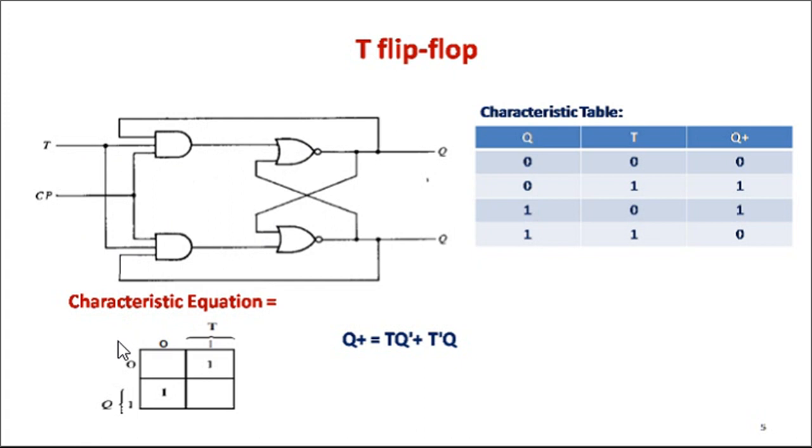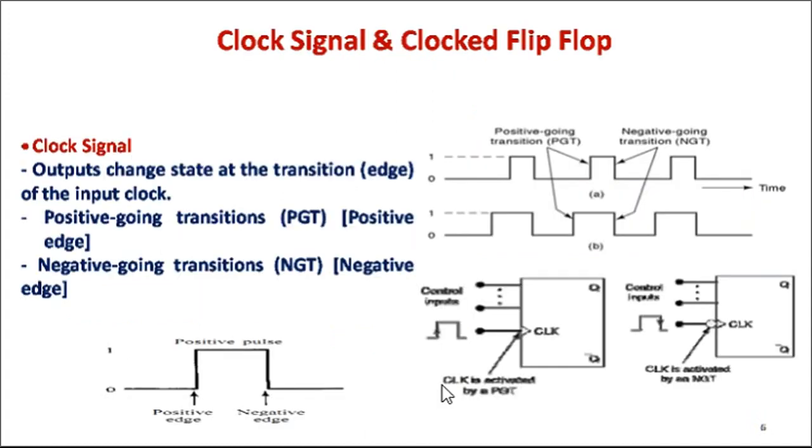The diagram can be drawn in two ways using different combinations of AND gate, NOR gate, NAND gate, like this one. For understanding purposes, we can say that both inputs of JK are combined together and it acts as a T type flip flop. In a JK flip flop, if J equals K, the resulting flip flop is referred to as a T type flip flop. It has only one input terminal referred to as the T input.